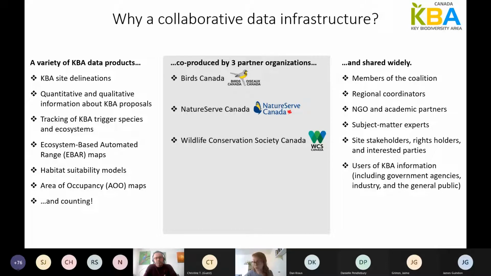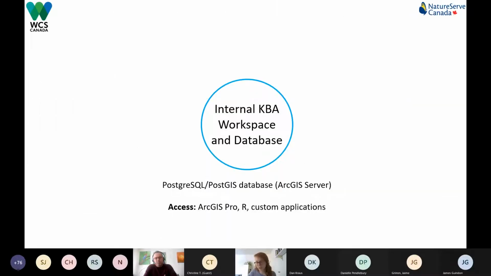So this is the context for why we need a collaborative infrastructure. It provides a bit of a backdrop. What I'll present next is more of the actual technical infrastructure itself. I just want to say that this is still work in progress, and so some of these components might change in the future. But at the moment, a lot of the work of the KBA identification happens within what we call the internal KBA workspace and database. It is co-managed between WCS Canada and NatureServe Canada. It's a Postgres PostGIS database that is served via an ArcGIS server, and we access it through ArcGIS Pro, R,